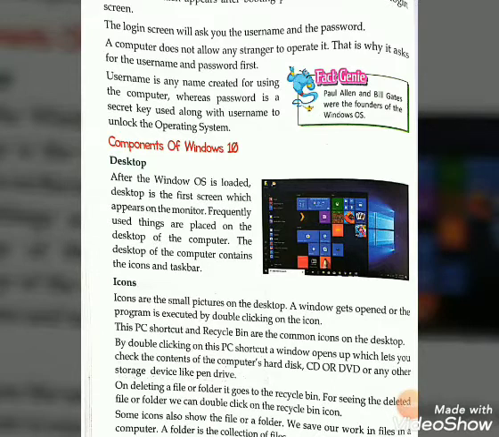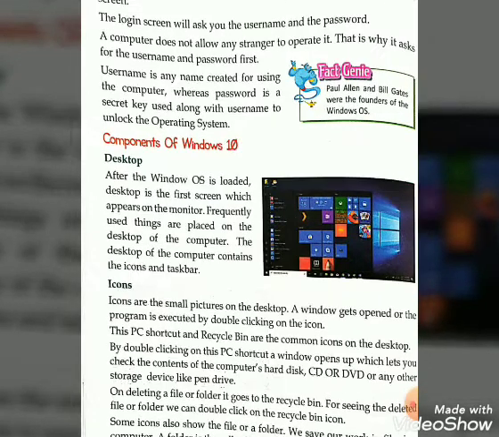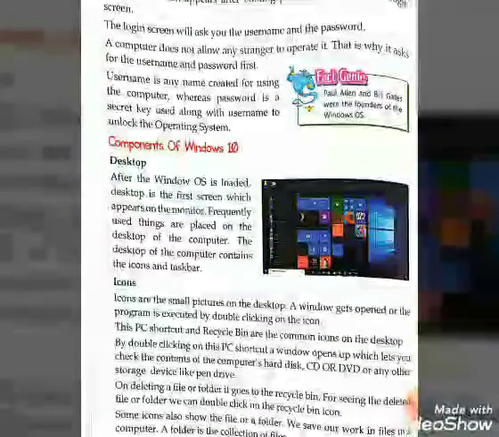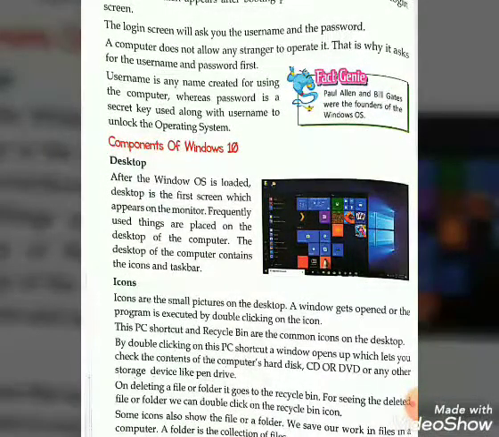This PC, that is personal computer, shortcut and recycle bin are the common icons on the desktop. They both are the common icons on the desktop.